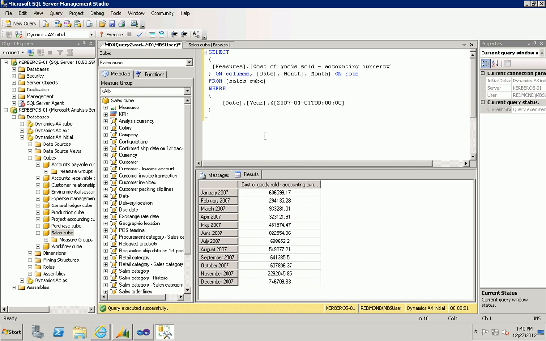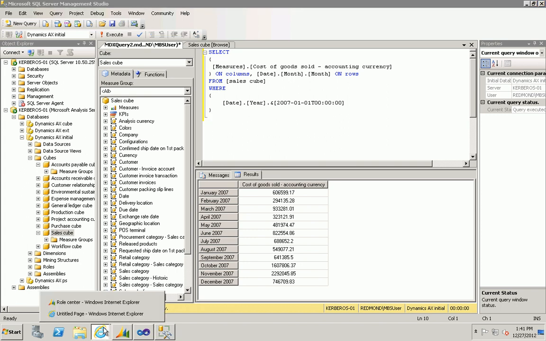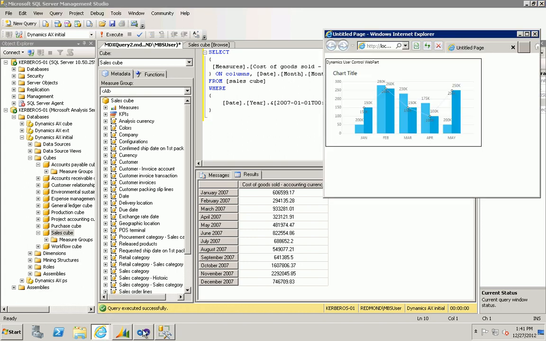So now that we've got our query, I'll go ahead and run this and just make sure that it's giving me the results I'm looking for. These are literally the names I want to show up, and these are unformatted amounts that give me the vertical axis. So this essentially defines a single series. So now I've got an MDX query that will give me a set of data points that I want to visualize in a chart. So where we left off in our last session was that we created a multi-series chart